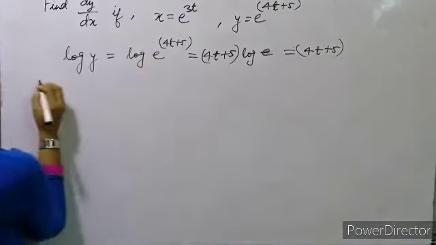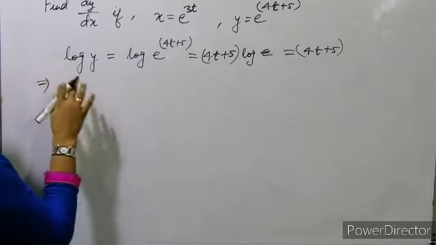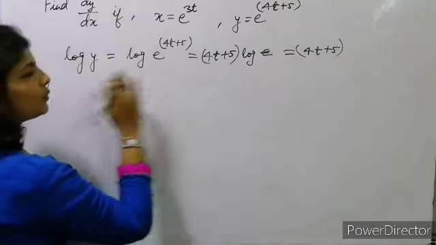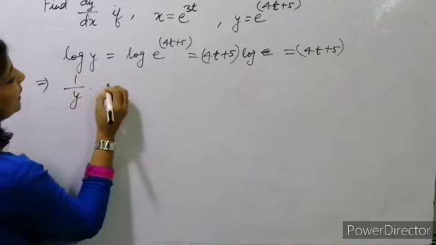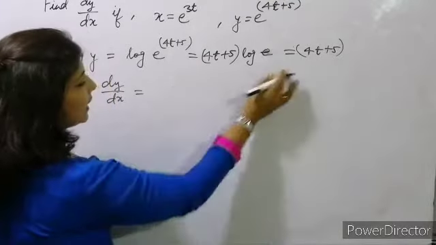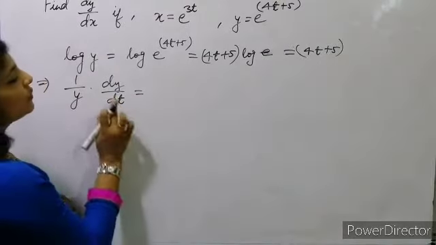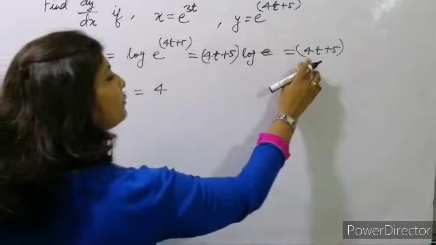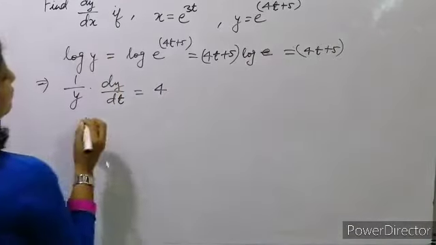Okay, so by applying differentiation, find out the derivative of this one with respect to t, matlab we have to do differentiation both the sides with respect to t. So by applying this we'll get 1 upon y multiplied by dy by dt will be equal to this one. क्या करेंगे यहाँ differentiate करेंगे, we'll get 4 with respect to t. So dy by dt will be equal to 4. Okay, so we'll get 4 and इसके लिए this is a constant, so when we'll differentiate with respect to t we'll get 0.